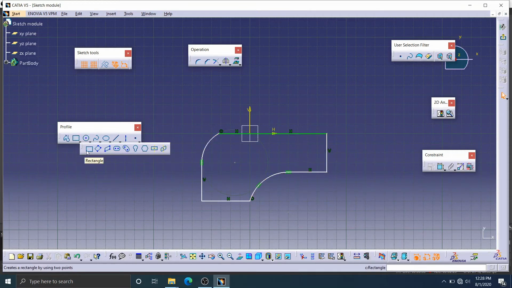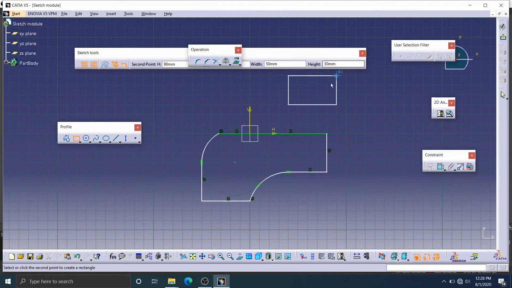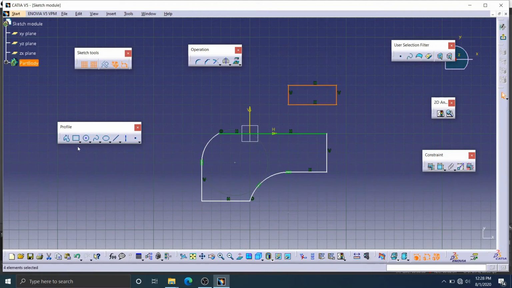Similarly, different types of rectangle are available. If you want any rectangle, you can select it and draw your rectangle. Similarly, different types of arc are available. When we talk about rectangles: normal rectangle, oriented rectangle, parallelogram, elongated hole, cylindrical elongated hole, keyhole, hexagon, centered rectangle and centered parallelogram.